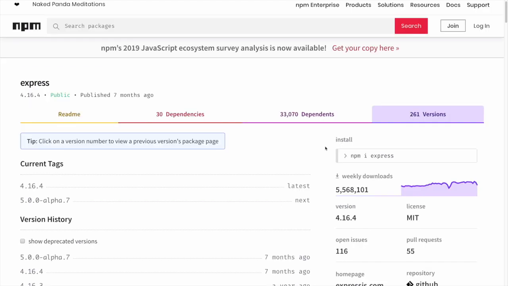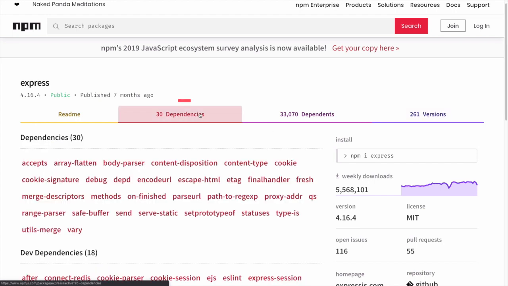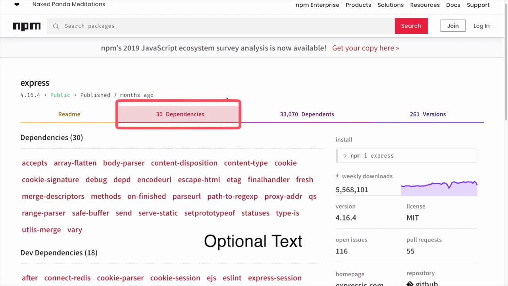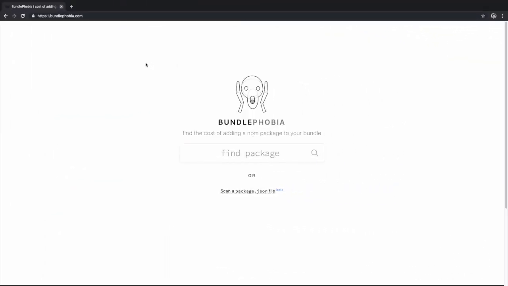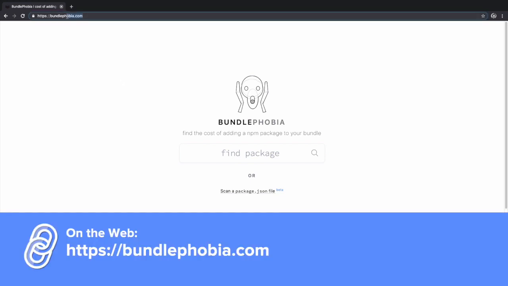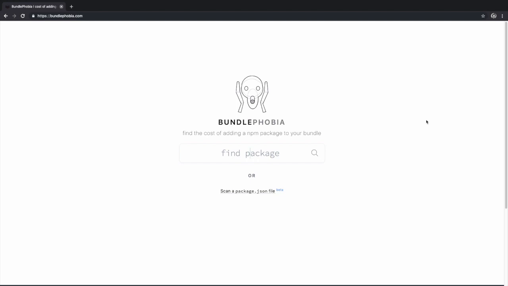When trying to decide what package to use, we can also take a look at how many dependencies the package uses itself. As you can see, Express has 30 different dependencies it uses. I'm not going to tell you that fewer dependencies is better, because it's simply not that simple. But if you're concerned about the overall weight of your application, choosing packages with fewer dependencies will reduce the overall size of your application. If you want to see how large a package is once it's been installed, you can go to bundlephobia.com and put in the name of the package to be able to see how large it actually is.